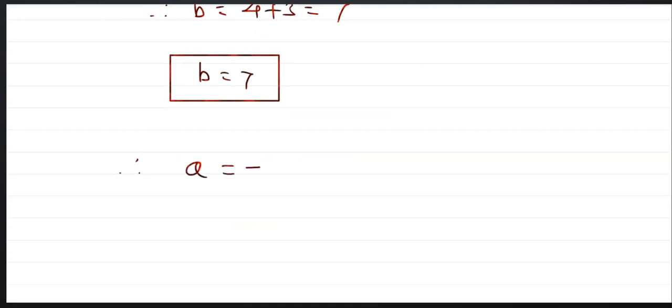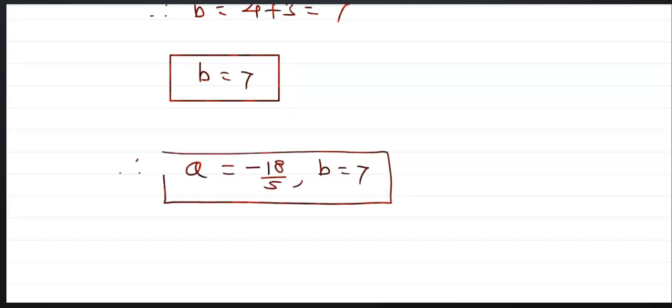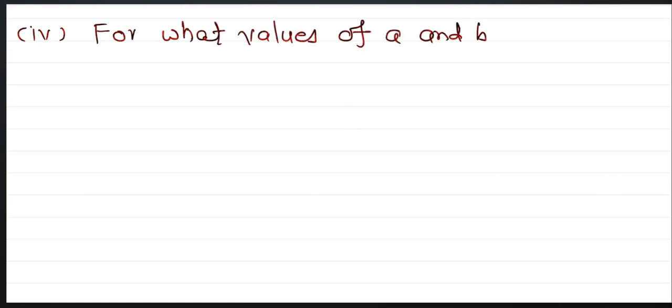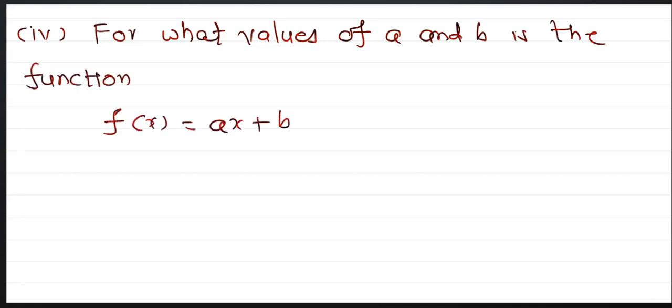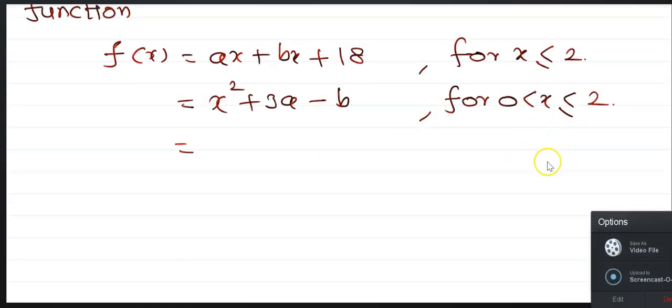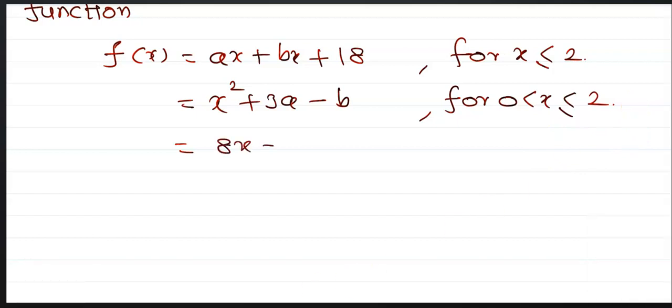These are the values of a and b. Now next, fourth one. For what values of a and b is the function f of x equal to ax plus bx plus 18 for x less than or equal to 0, equal to x square plus 3a minus b for x lying between 0 and 2, and lastly 8x minus 2 for x greater than 2,